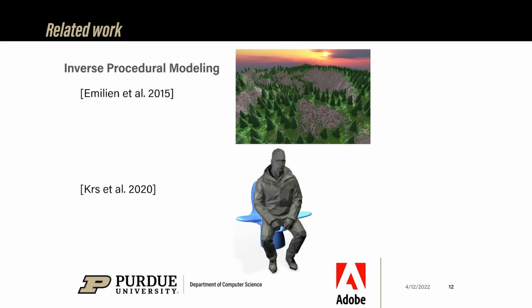The second category of related work is inverse procedural modeling, where the goal is to find a procedural model that fits an existing geometry. The first paper is about interactive editing of a procedural model. The second paper, which is also from our team, tries to use a genetic algorithm to create a node-based procedural model. Our method is similar, but it focuses on local edits.